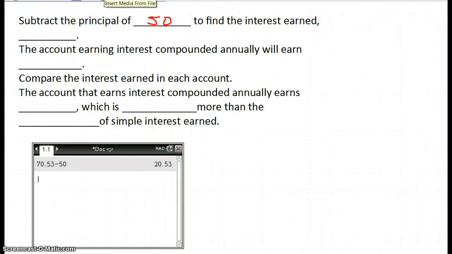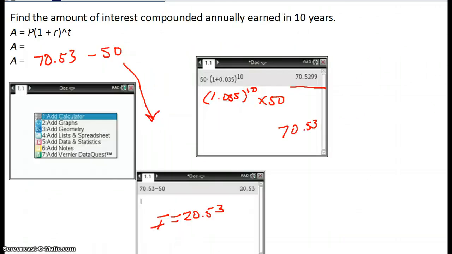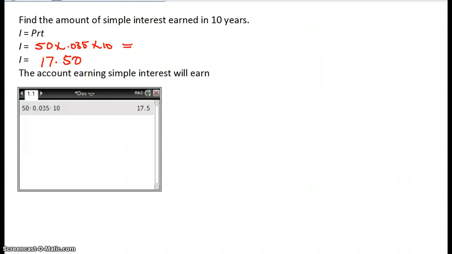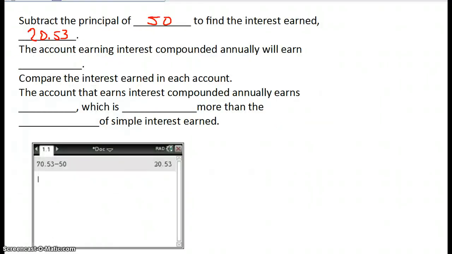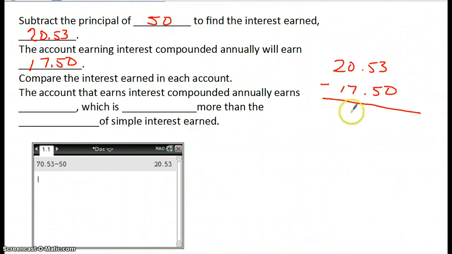So if we looked at the actual subtract the principal of 50 to find the interest earned compounded annually. So let's go back and put 20.53 here, and simple interest. What do we have for simple interest? Let me go back, if you don't mind, to see what that amount was. $17.50. So let's go ahead and put $17.50 here. And we want to compare the two. So if we compare the two, we're going to have 20.53 minus 17.50, and that's going to give us